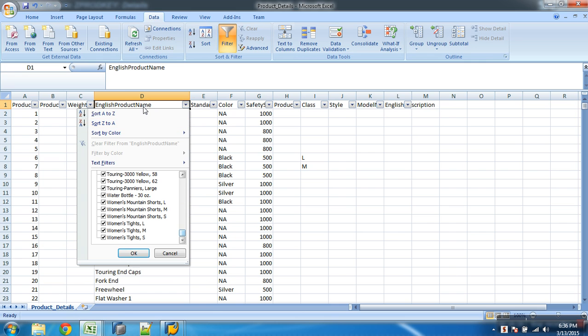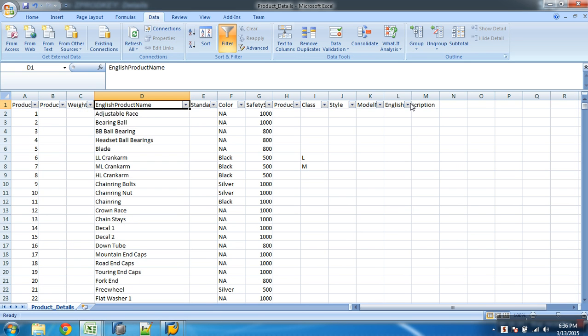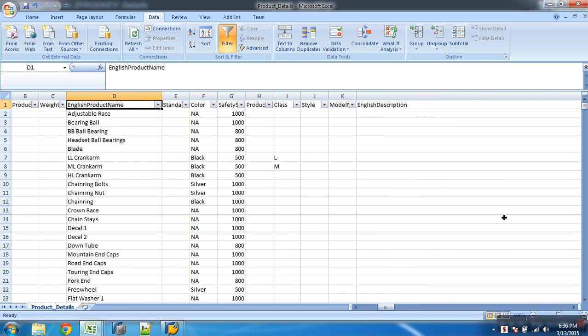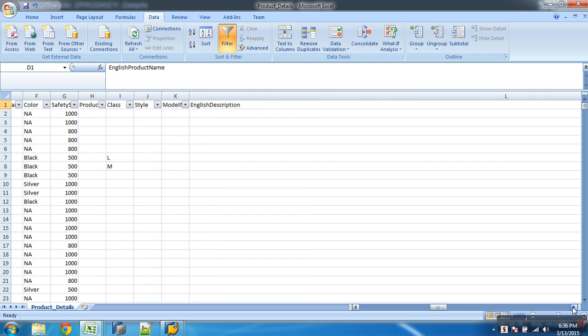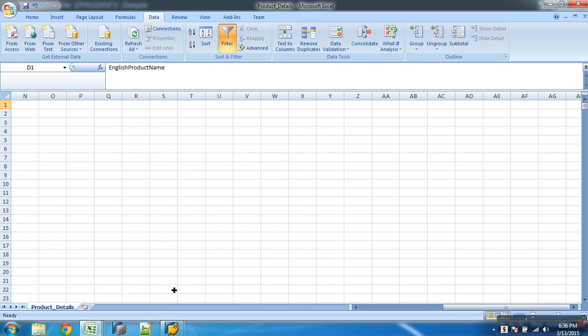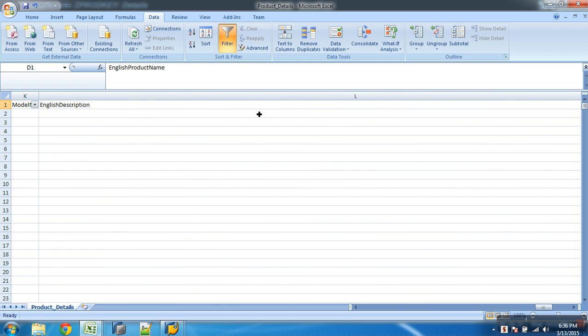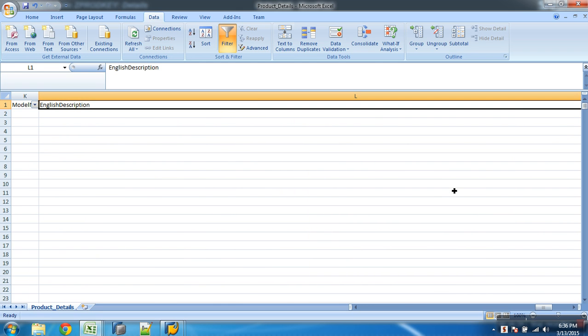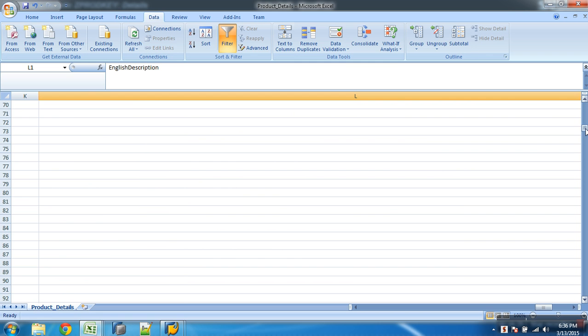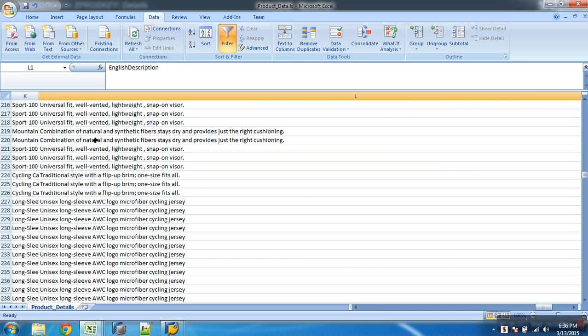For this column, I'll go with medium description, which will have length 40. But if you look at the last column, it's a very big column. If you go down, you see it contains very big text. So I need to handle this column as if it's a very long text.